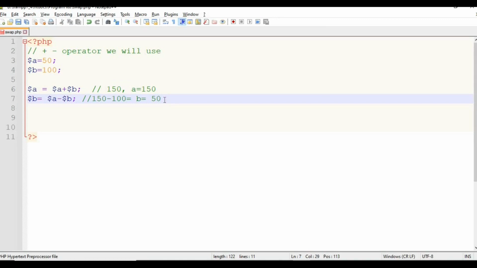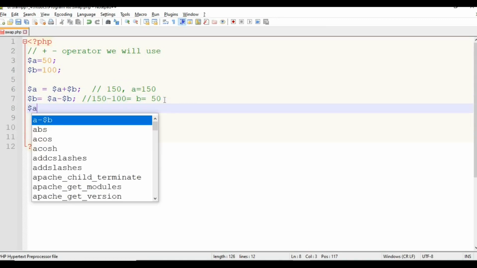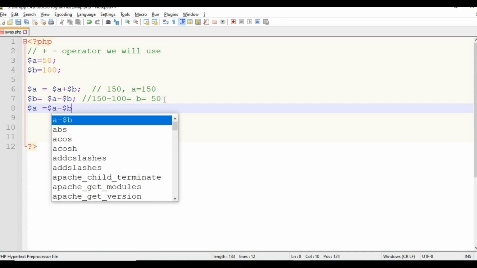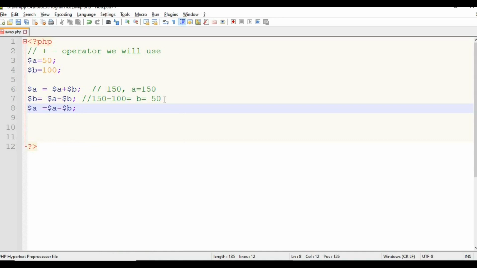So here $a again equal to $a minus $b, so that 150 minus 50 becomes 100 and is assigned to a.